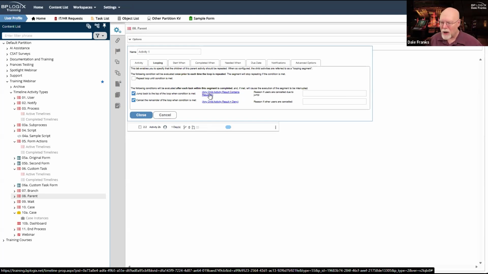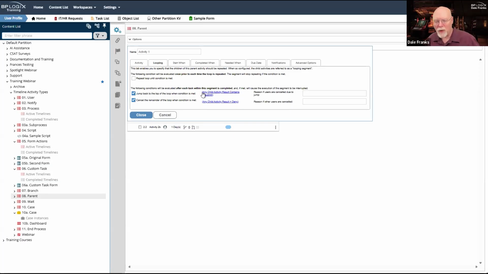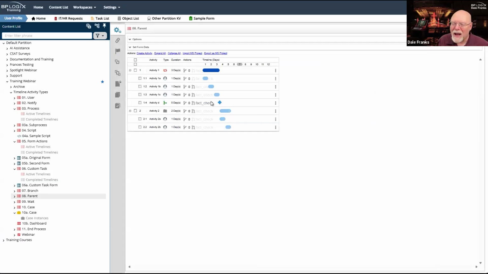I can handle my entire approval loop in a way that I couldn't before, because before the approval loop, if I wanted to exit any of those approval steps, then I had to have a branch activity after every single approval step to say, okay, what was the result of activity 1A? So it would have an activity 1A1 under activity 1A, which would be a branch activity. And it would have a needed when condition, and it would check to see if the result of activity 1A is deny, then it would do a jump to pass the approval loop.